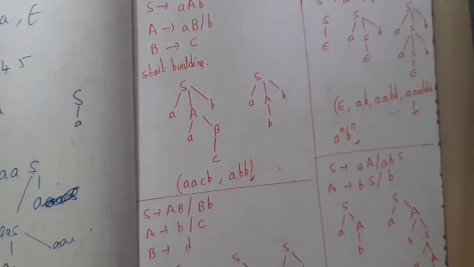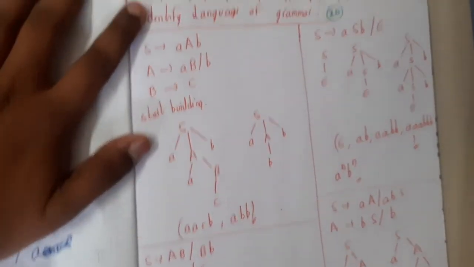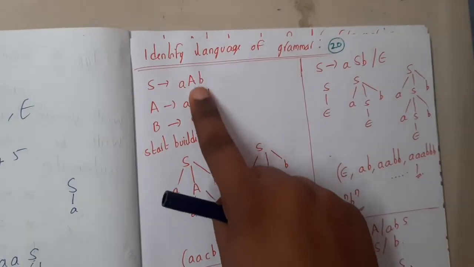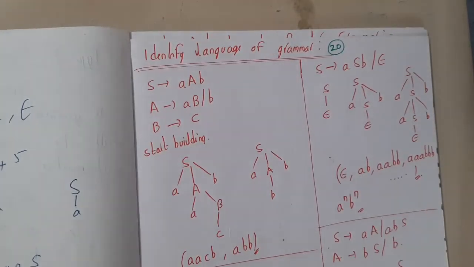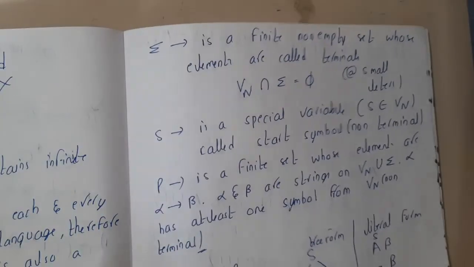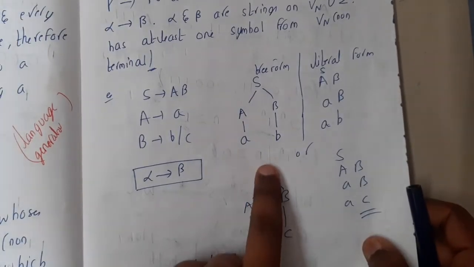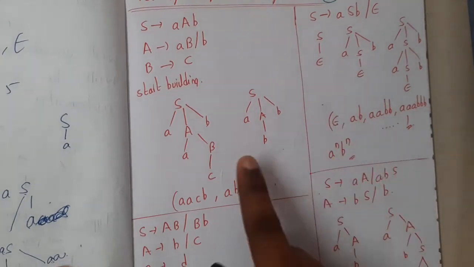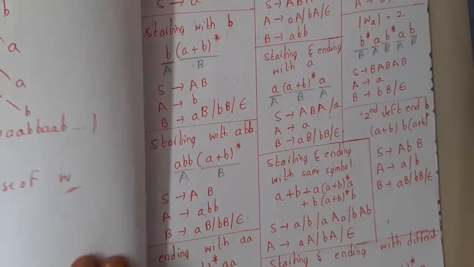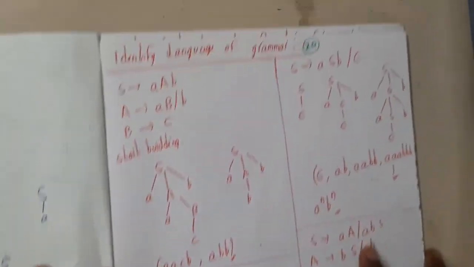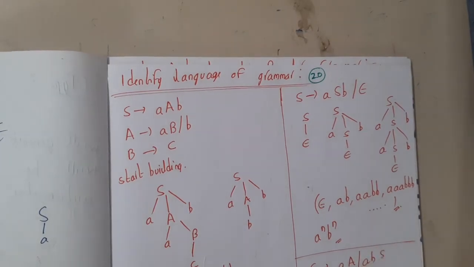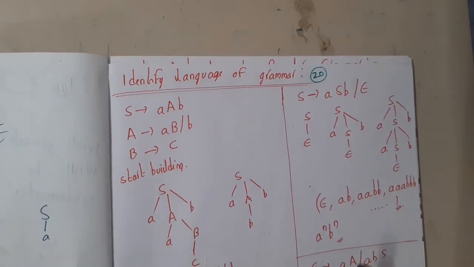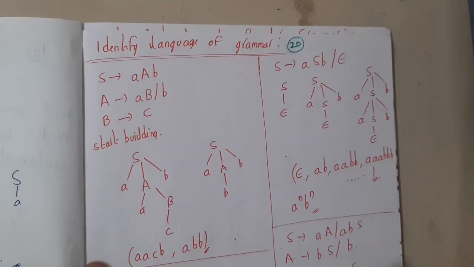In the next lecture, let us learn how you can identify the language with respect to the grammar. If you recall, I explained that already here. We took this example and solved it. That is the exact thing I'll be doing again in the next lecture, because I'll be taking around 5 examples and showing you how you can identify the language from it really easily. So let us meet in the next lecture and discuss it.